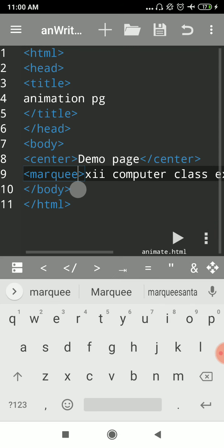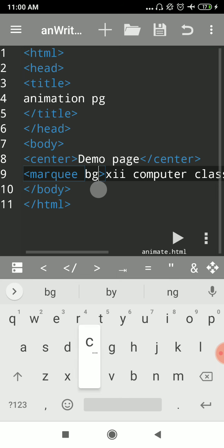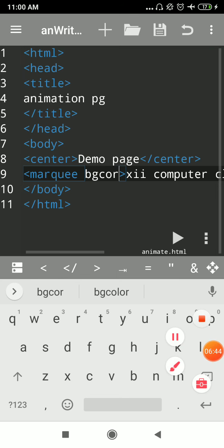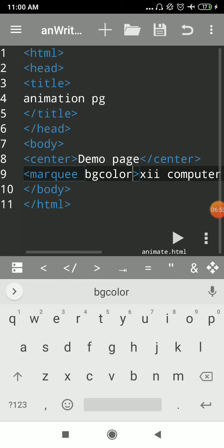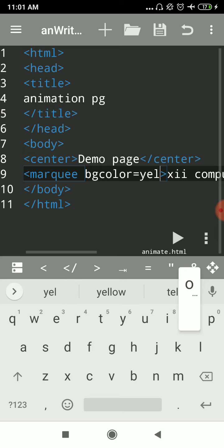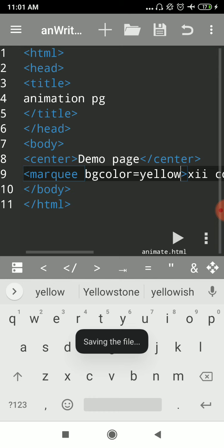I will go to the open tag of the marquee tag and use the property bgcolor. You have already used this option bgcolor earlier when you were trying to change the background color of the web page. So you can use the same property here also. Let me change it to yellow color so that the text is clear and visible to read. I've saved the changes and I tap on the play button and you can see the background color of the animation rectangle box. It doesn't go out of this rectangle box, its animation takes place within that.